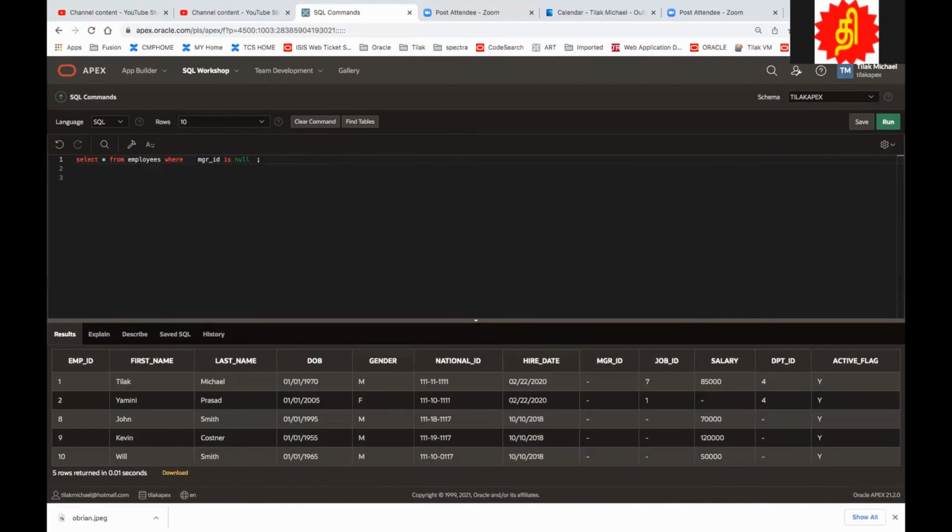Now I can also say IS NOT NULL. The NOT is coming the other way around. I can say NOT manager ID IS NULL, also fine, but this is how the syntax goes: manager ID IS NOT NULL. You got what I'm trying to say. Most of the time, everywhere else, NOT comes before, like NOT BETWEEN, NOT IN. But when it comes to null, it is IS NOT NULL. That's one thing you have to understand. It's not null, so there is a value there.